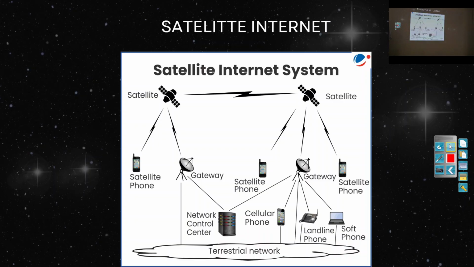So next we have this satellite internet. This is in the future, like how the satellite internet system is going to work. It is basically a wireless internet which is beaming down from the satellites. Just like how we use radio signals for communication, similarly there are going to be huge antennas which take the signals from the satellite and then transmit it to the mobile phones and provide internet. So this is going to be wireless.